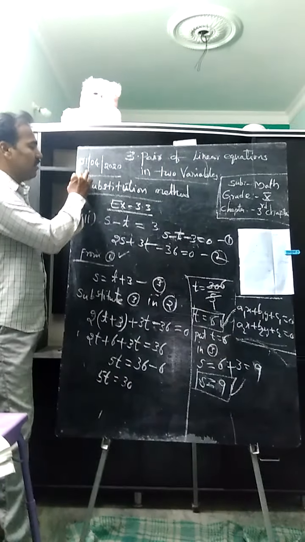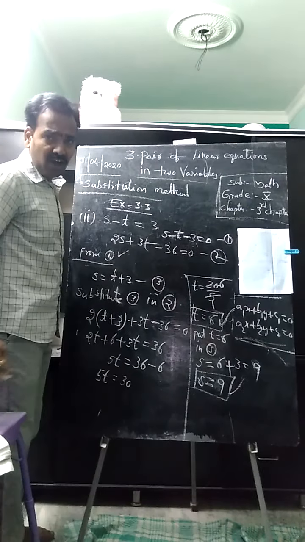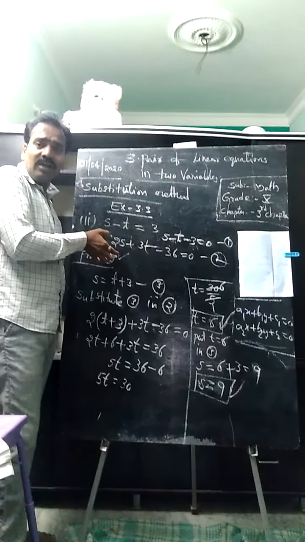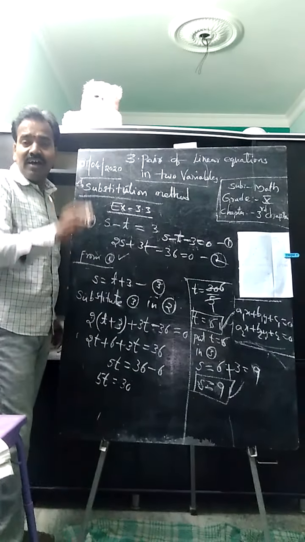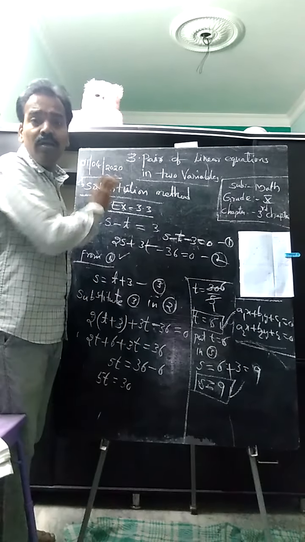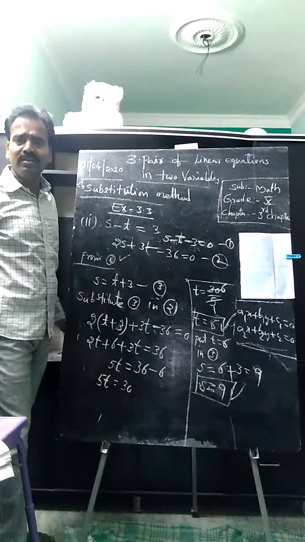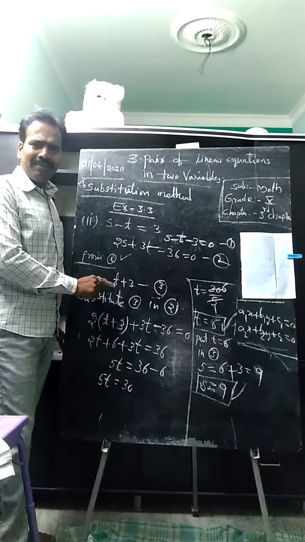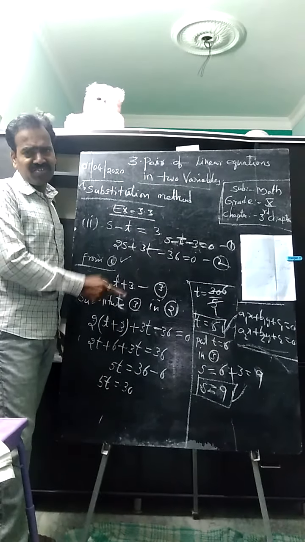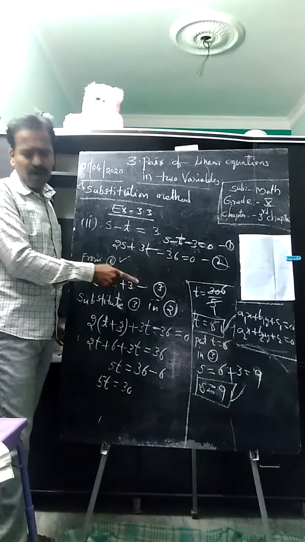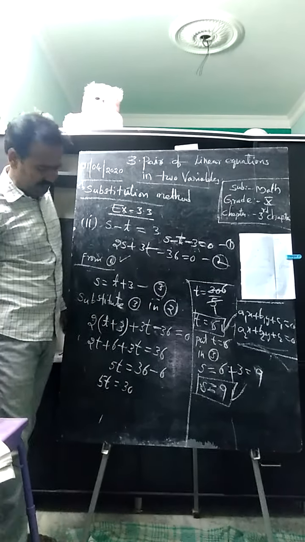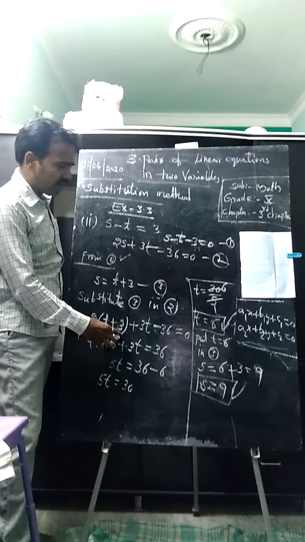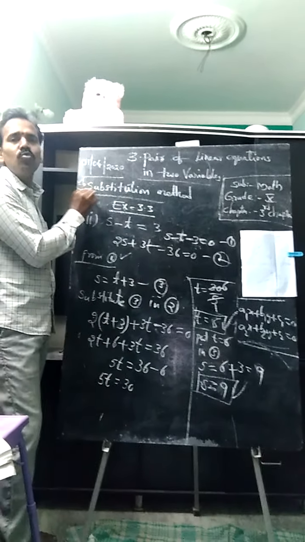Which method did we apply? Substitution method, one of the algebraic methods. When can we apply it? When the pair of linear equations contains a unique solution. If it contains infinitely many solutions or no solution, simply write that no algebraic method is applicable. So first write in standard form. If it is in fraction form, take LCM and simplify. Check whether they have a unique solution or not, then apply this substitution method. We are substituting one variable into another equation, that is why this method is named the substitution method.